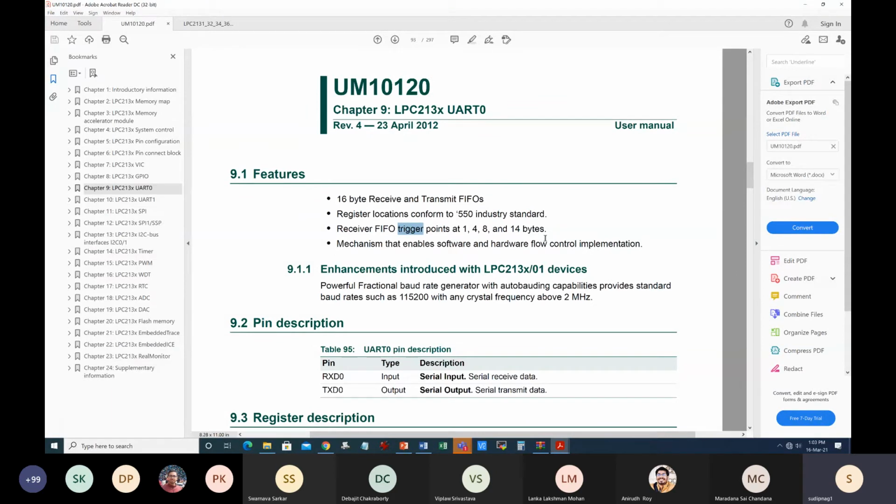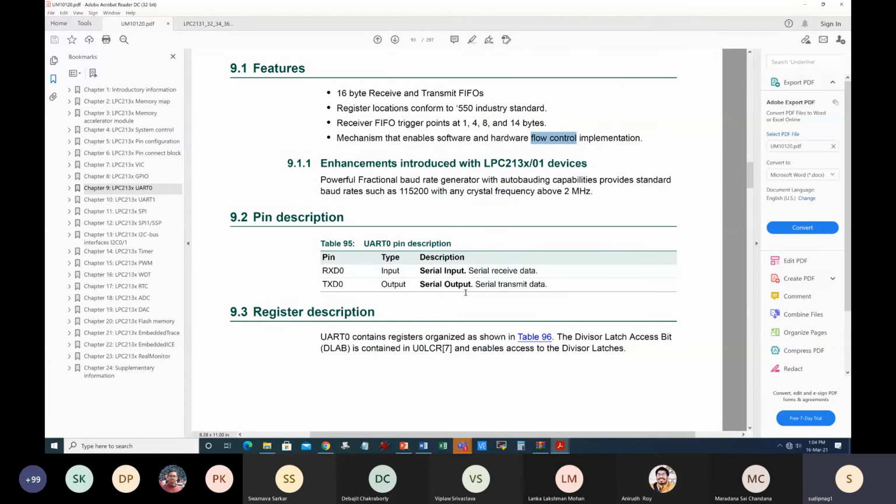And then there are some flow controls. Flow control is not there for both the UARTs. There are two UARTs, UART 0 and 1. One of them has flow control, like RTS, CTS, DSR, DTR, RI, ring indicator, data carrier detect. Those pins are called flow control lines, clear to send, request to send, RTS, CTS. Okay, so now coming to these pins.